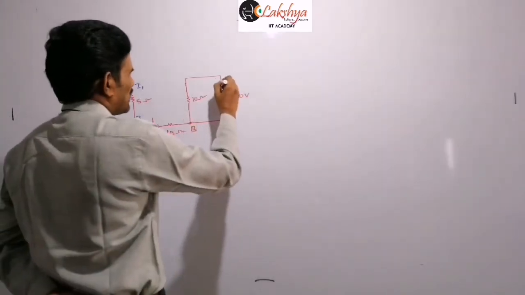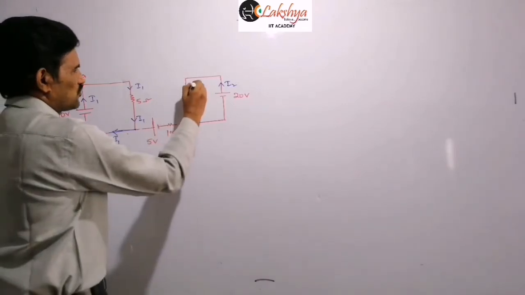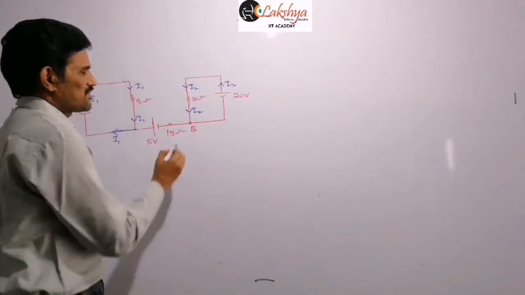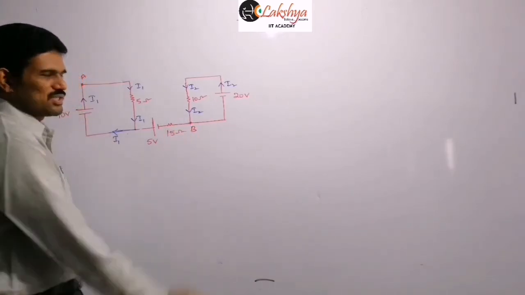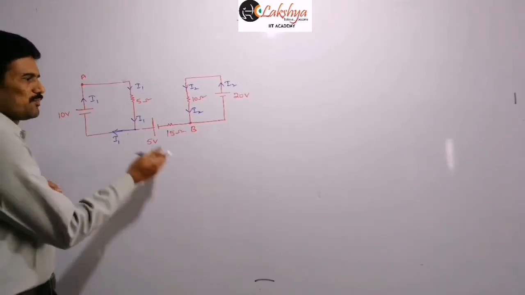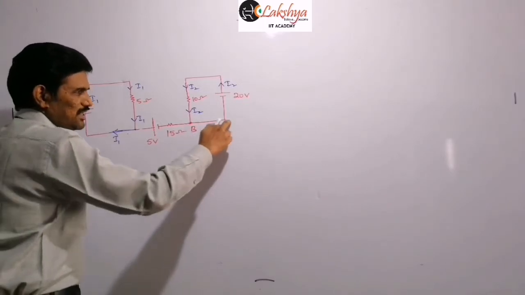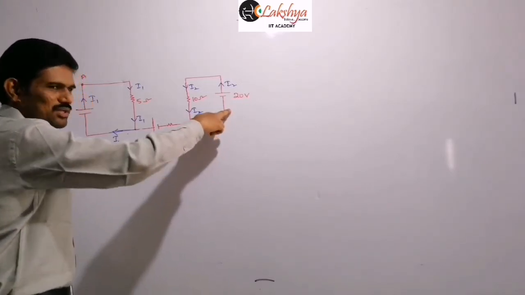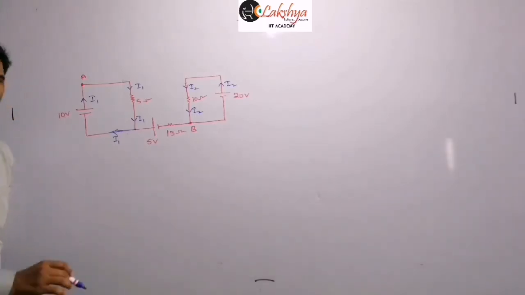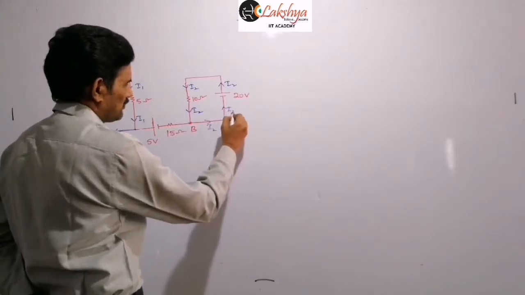Similarly, I take this current I2 flowing out of the positive terminal of this battery, and it comes out like this to this resistance. Now similarly, is there any division of current at junction B? Absolutely not, same reason. If any current divided here, the current flowing in this direction would be less than I2, which is not possible. That means the current entering and the current leaving the cell would be different, which is not possible. So here also the same amount of current I2 should flow like this.